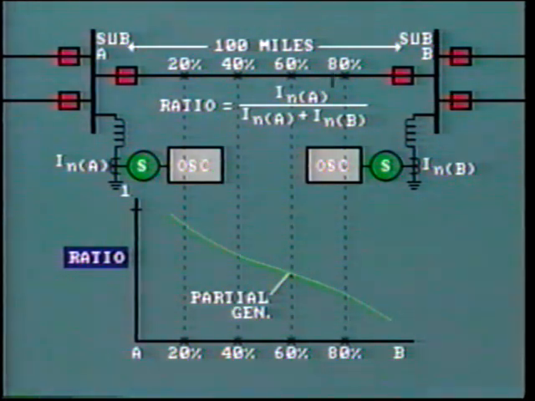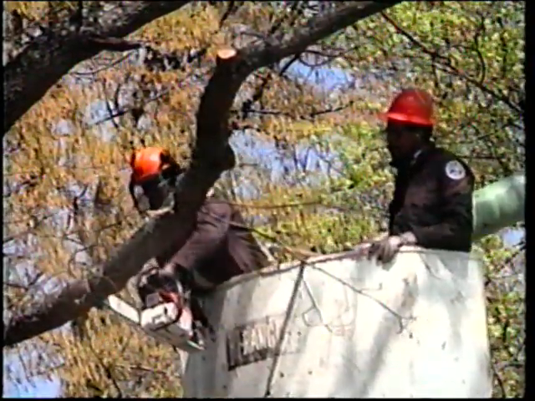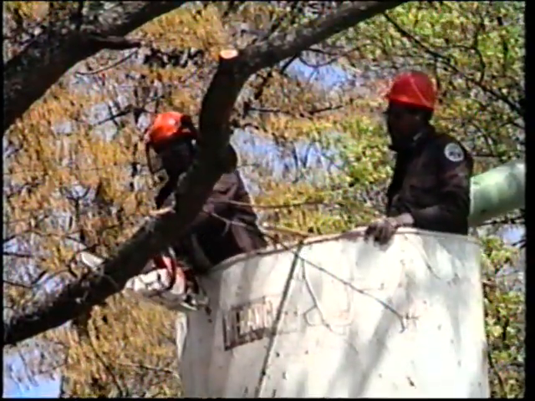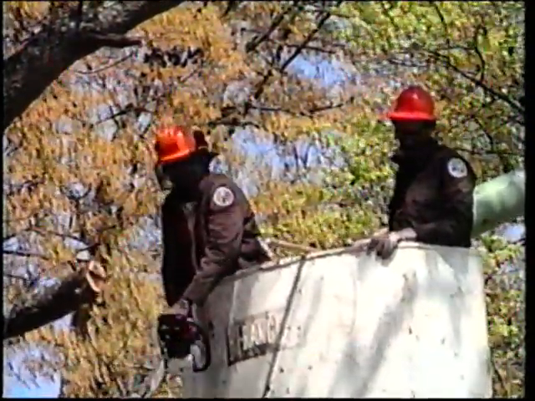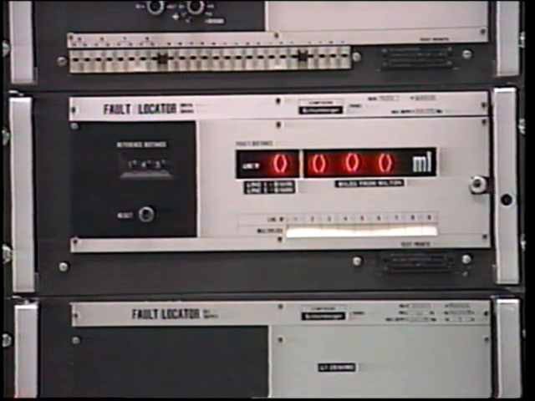In this particular case, a foot patrol located the probable tree contact within a mile of the calculated distance. The problem of recurring tripping of the line was solved by tree trimming. Incidentally, some utilities use fault locators which are programmed to perform the calculations and then give us the exact distance to the fault. Okay, in this segment we have shown a couple of examples of how valuable oscillograms can be